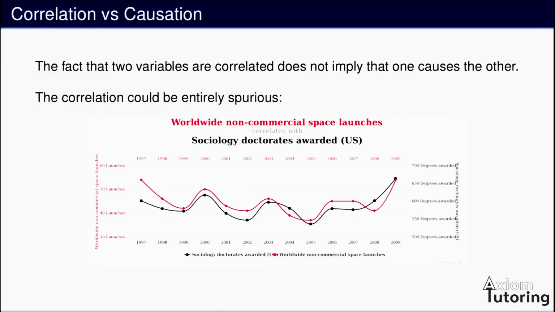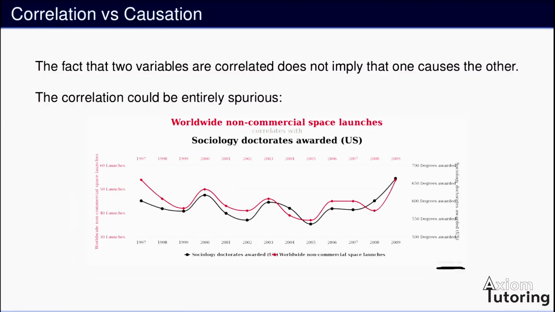Now, there are situations where a pattern could exist between two variables that would be entirely spurious. So there's an entire website that is dedicated to that. If you go to tylervigen.com, you will see a series of plots that show that two different variables actually follow almost the same pattern over time. So, for example, here, the worldwide non-commercial space launches is extremely highly correlated with sociology doctorates awarded in